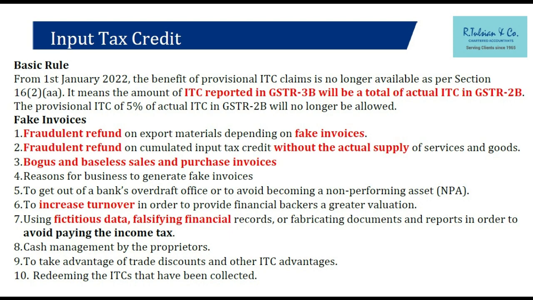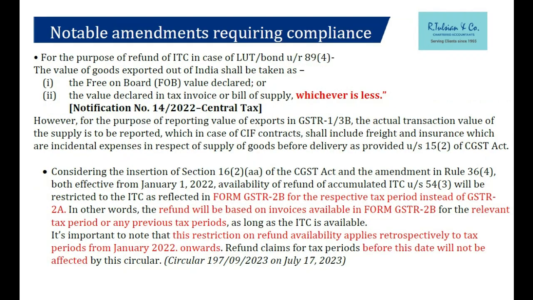They will see whether there is any case of inflation of export value mentioned in GSTR 1 and 3B. Many of us would understand there are two concepts. For the purpose of refund application in section 54, read with rule 89, which is your accumulated ITC refund, what is the export value which we put in statement 3? That is the lower of FOB value in the shipping bill or the invoice value in the tax invoice. That has become law as per notification 14/2022 dated 5th of July 2022. It has become law, but that is only for the purpose of refund.